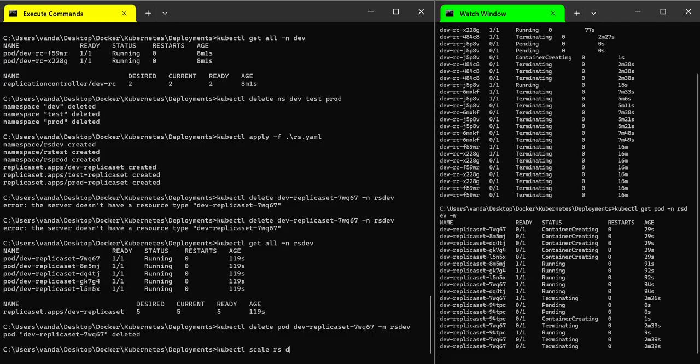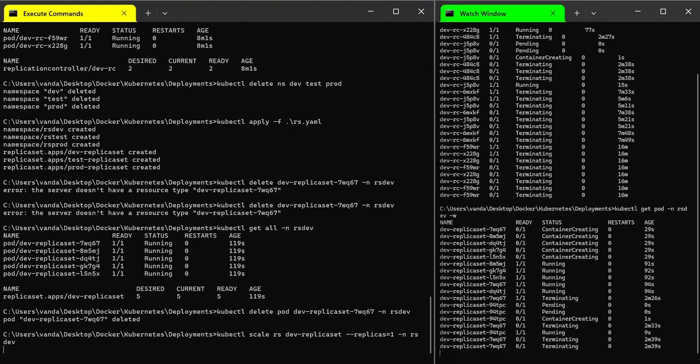What is the name of the replica set? dev hyphen replica set, and then you can mention what is the scaling you wanted to do, right? So you can mention replicas equals to, let's say you want 1, and hyphen n equals to